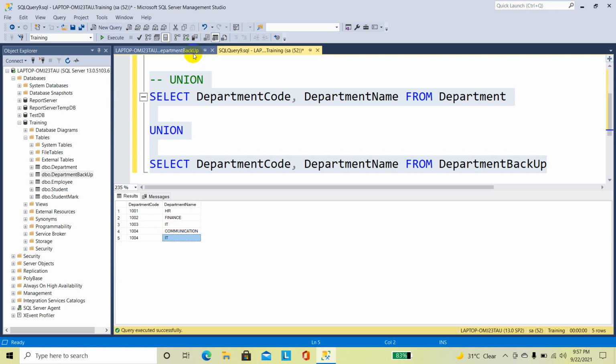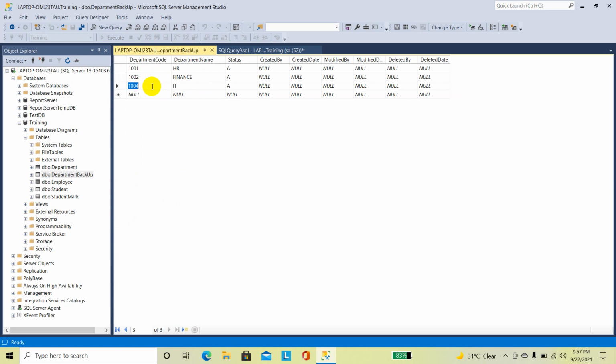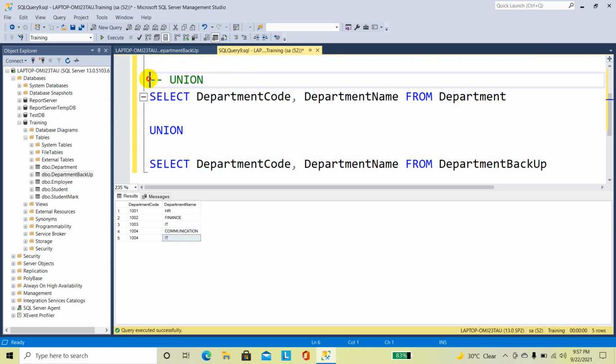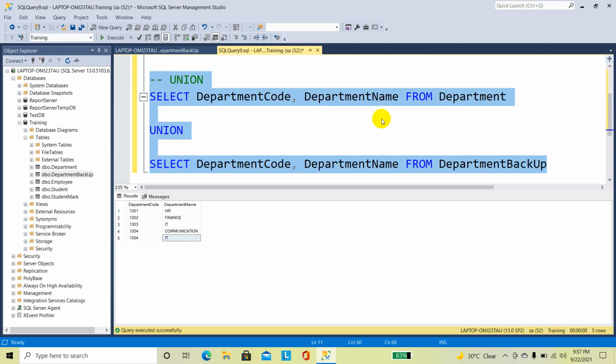Now I am going to change the department code from 1004 to 1003. Now I am going to execute the union statements. Now we will see how many records we will get. Now you can see I got 4 records only.